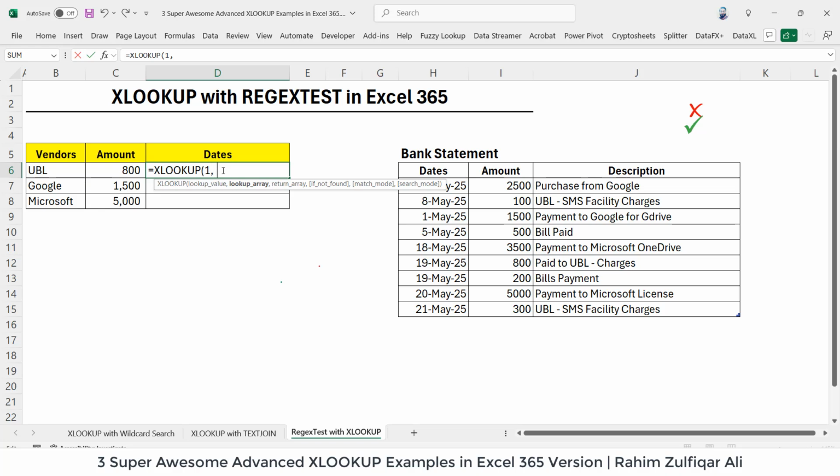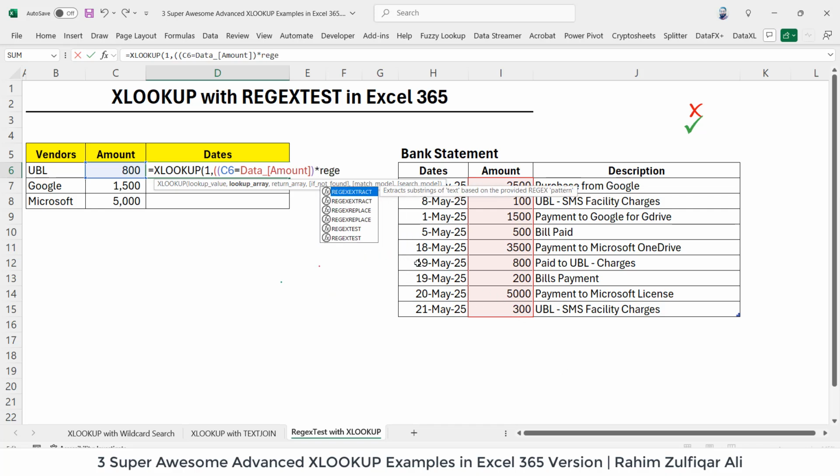So I will be using two round brackets. I will pick the first cell, which is the amount in C6, which is 800. If this is equal to this particular column, what happens at the backend, if 800 matches the amount in any of the raw records, it will generate true or 1 at the backend. Okay, so this is the first criteria. Then multiply it